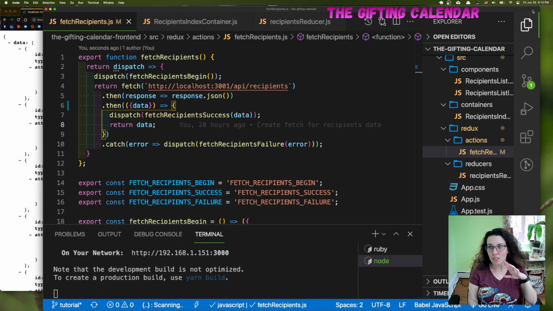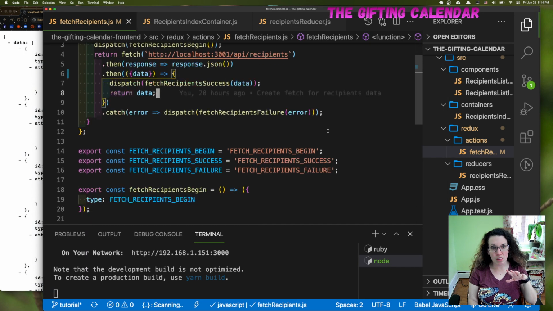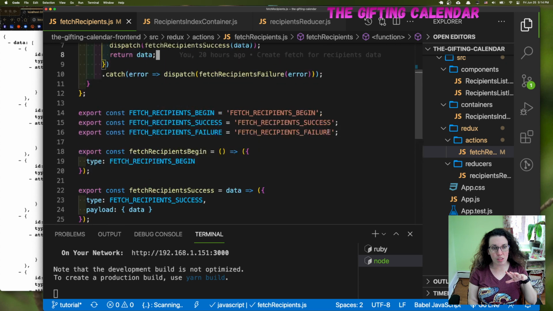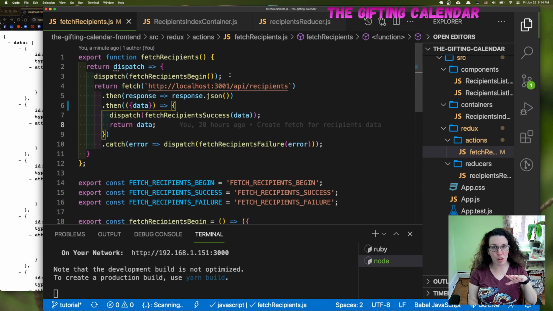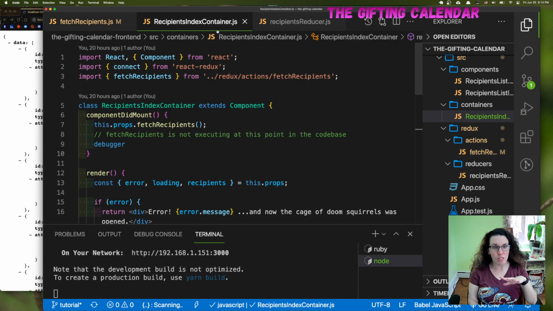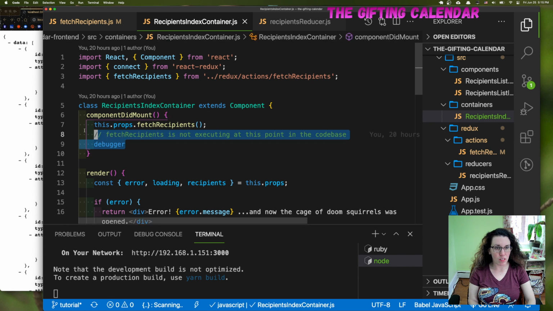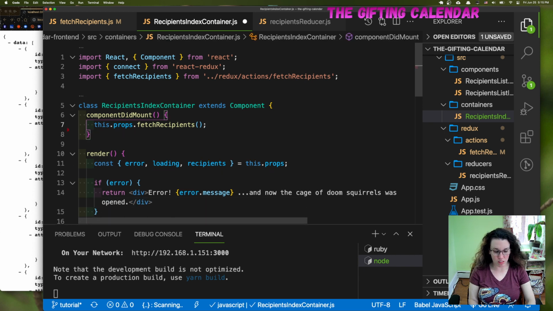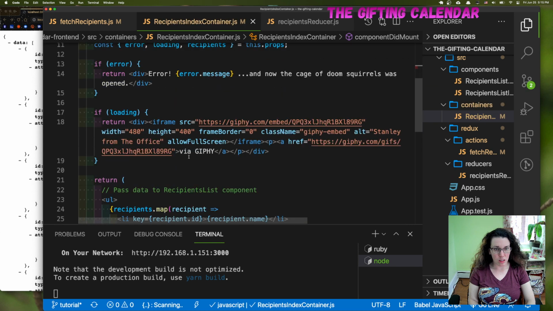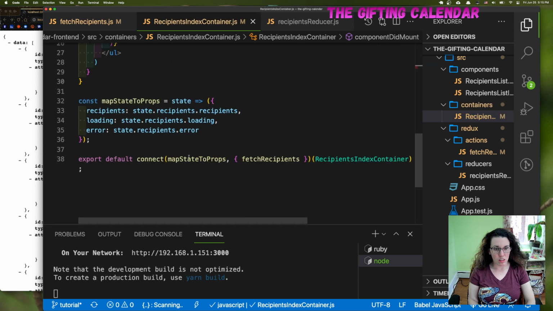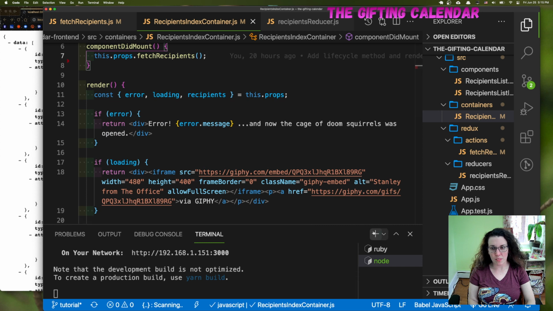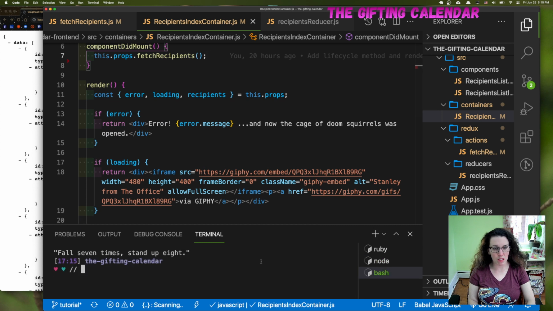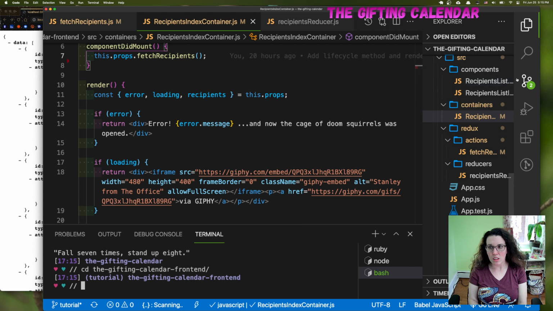So first, I'm happy with this, and this was my sticking point the other day. I'm happy that this is going through. So I'm going to take this stuff out, this debugger, and I'm gonna commit that as front end,